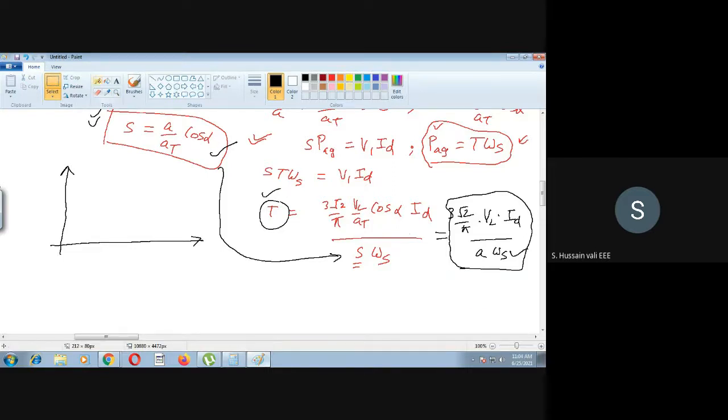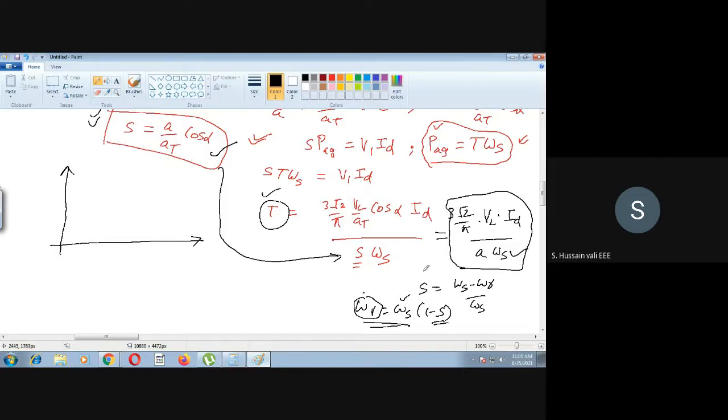Okay, I will write the relationship here. Better I will use this equation, omega s minus omega r by omega s. Okay, then omega r is equal to omega s into 1 minus s. That's it. Okay, so this is the relationship we got. So from this we can convert omega s into omega r. So that is the rotor speed. So once again you will get the slip here. So that slip is a function of cos alpha here. So it is up to us.